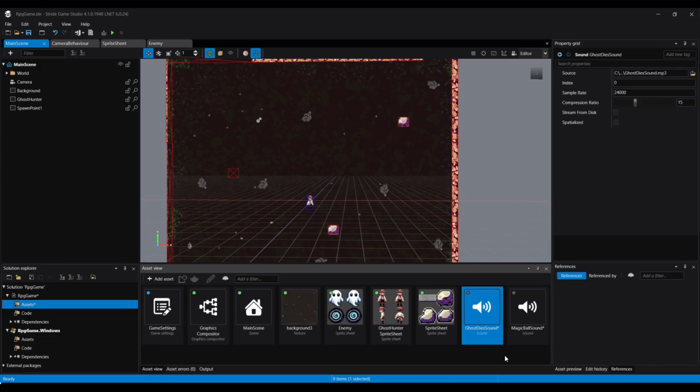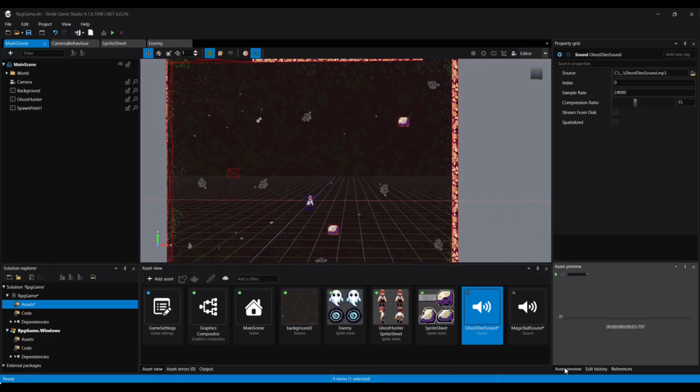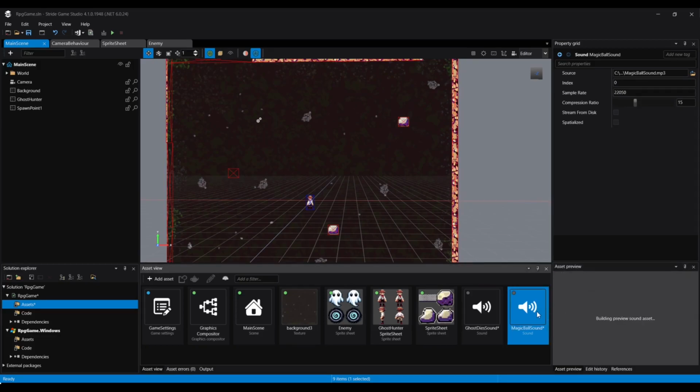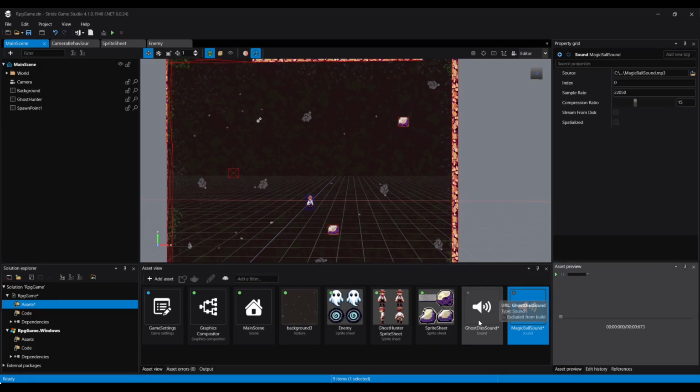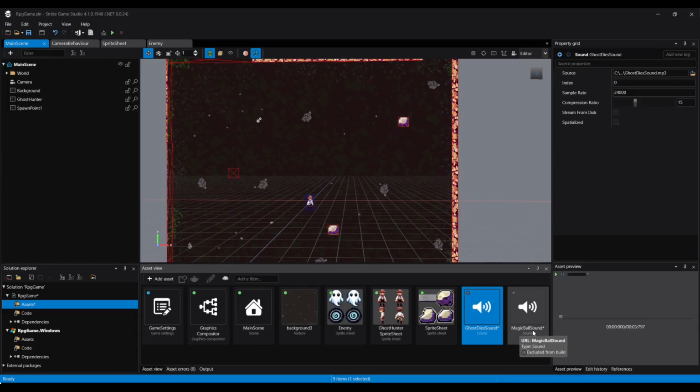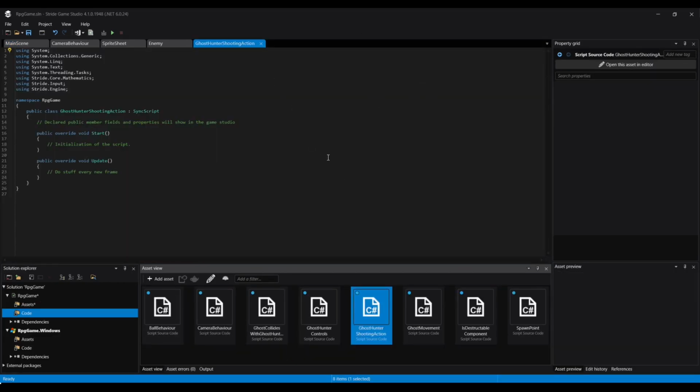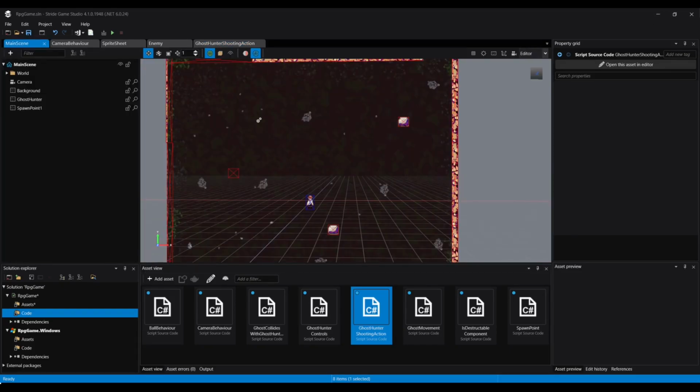So if we click on the sound, and click here on the asset preview, and we click play, so this is the ghost dying, very annoying sound, I can admit that, and the ball shooting. Okay, so let's add this in our code. So we need to go to the scripts. We better do this in Visual Studio, sorry. So going back to Visual Studio,